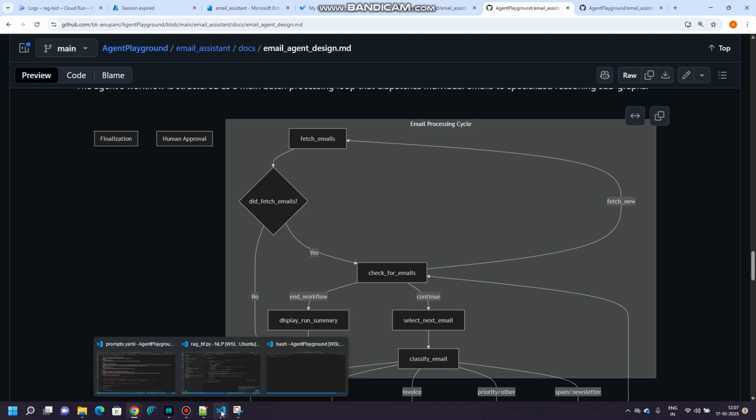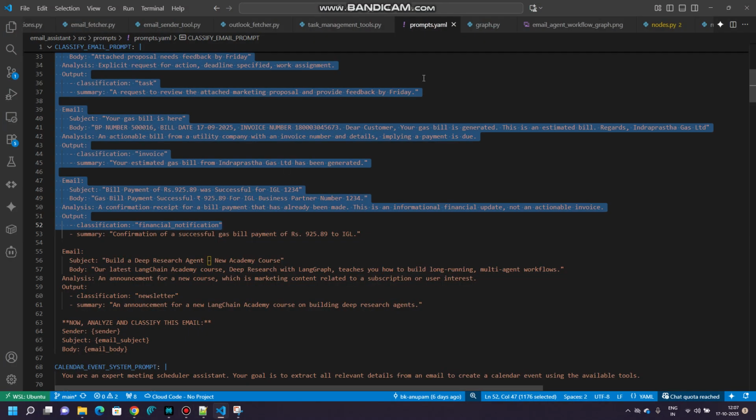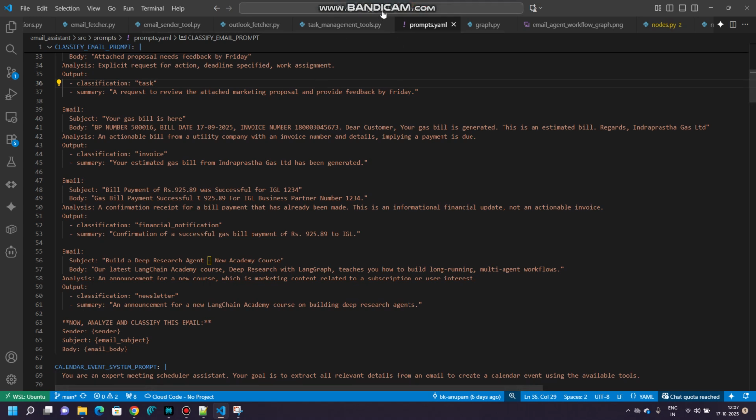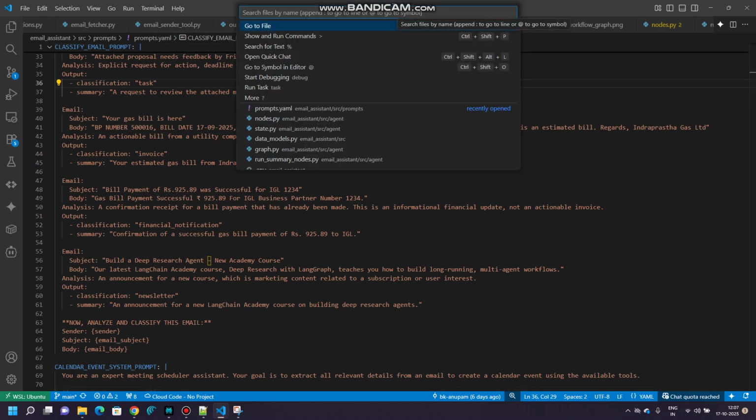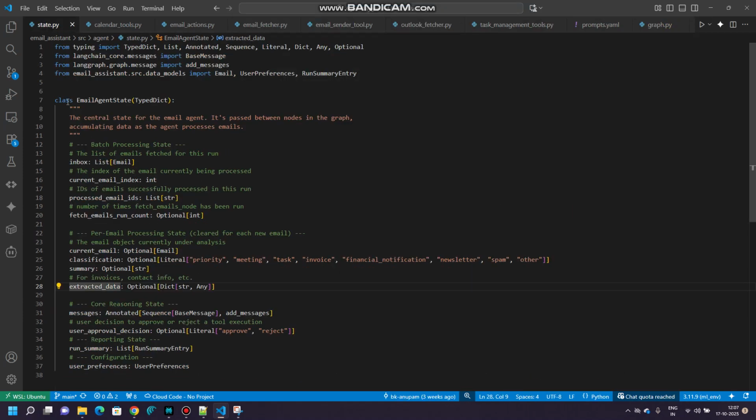Let us take a look at the agent state object as well, which is storing the short-term memory, and this is shared by all the nodes of the agent workflow. So this is a simple Python object. It has got different attributes. So when the fetch emails node fetches the batch of emails, these are stored in the inbox attribute, which is a list of email